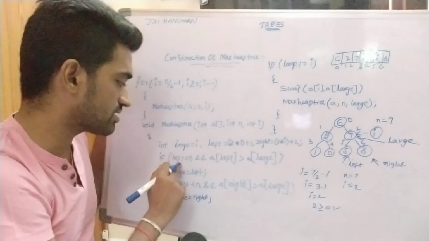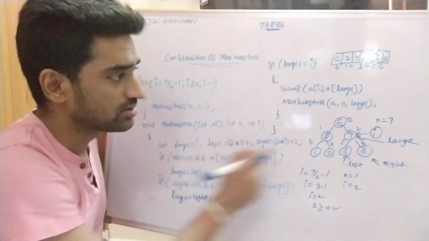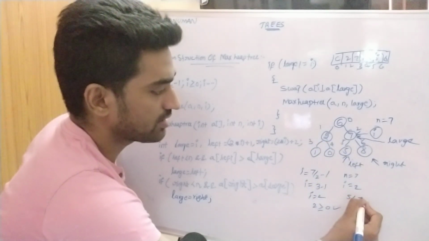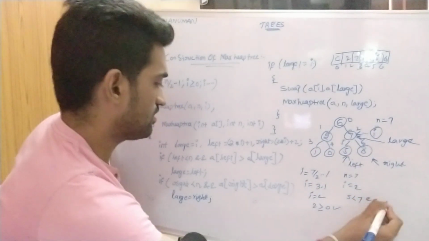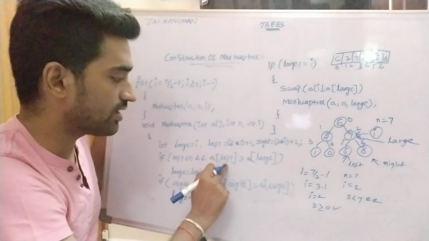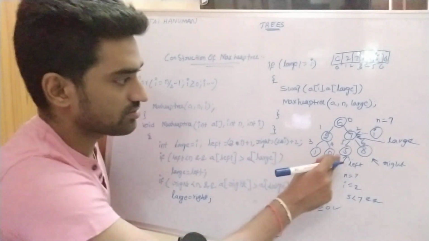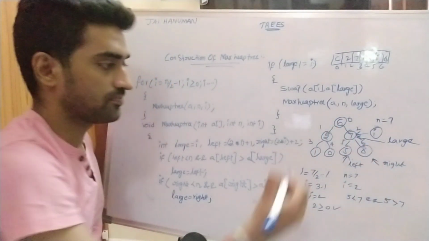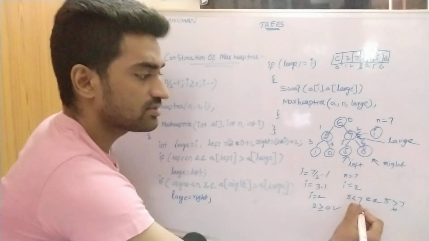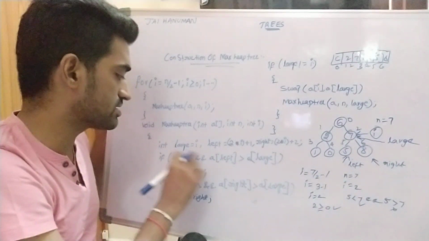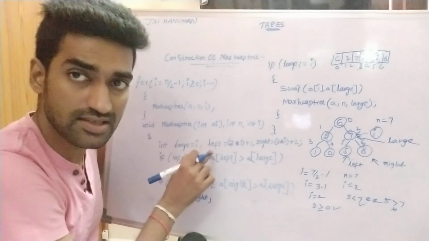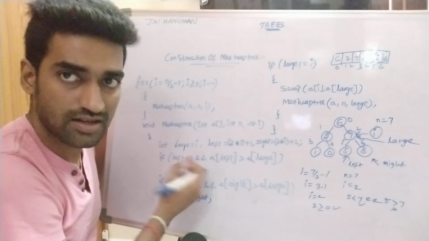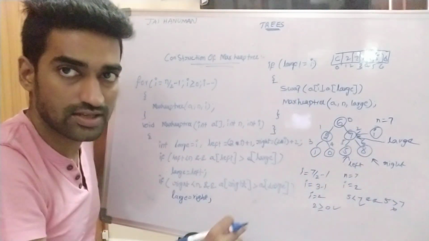Then we are checking condition left less than n. What is the left value? Left index value 5 less than n, 7. Logical end of left less than of large, 5 greater than 7. This condition is failure, this condition is true. Both are true, then only we can process this statement. Why? Because in logical end condition both are true, then only we can return true statement. So that is large is equal to left. This is false, so that's why we are not execute this process.